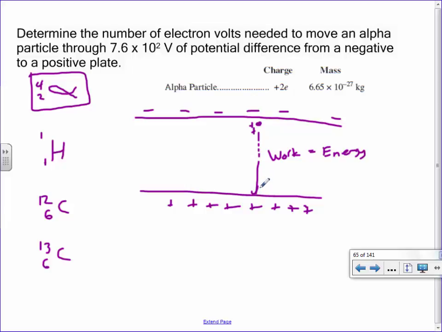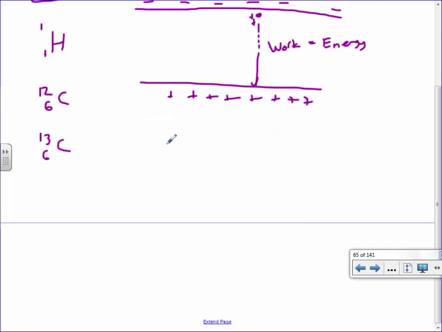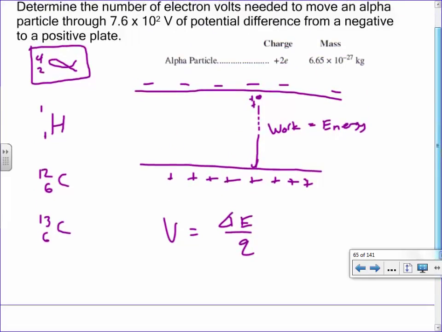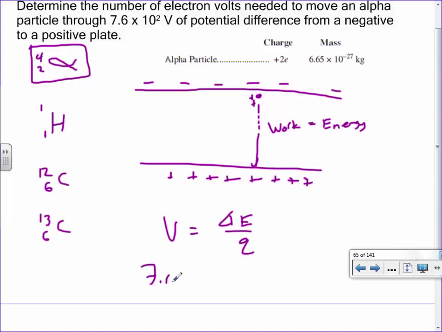Does that make sense? The question we're being asked then is, how many electron volts would we need to do that? Now, we're not talking about joules. We're talking about a very, very small amount of energy for this to occur. So we just have to do the unit conversions. So use the formula as it was. So that was, what was it? Your voltage is equal to your change in energy over your charge. The only difference now here is that your voltage is 6.7 times 10 to the 2. Let's call it joules per coulomb. We're looking for our change in energy, and we just have to divide by our charge.